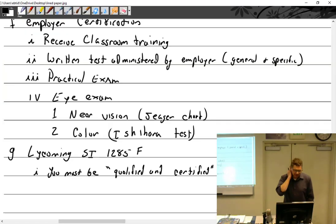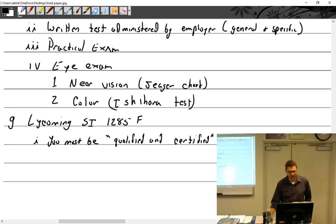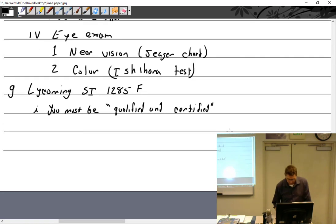So, light combing. I want you to get a feel for what the industry is expecting from you. You can't just go out there and start doing these tests. I know people are going to go out there and do them anyway. You must be qualified and certified. Actually, that's not the end of the quote here. Qualified and certified to a written procedure,